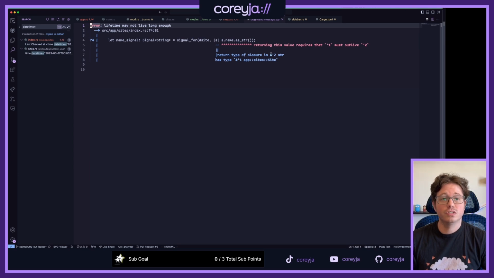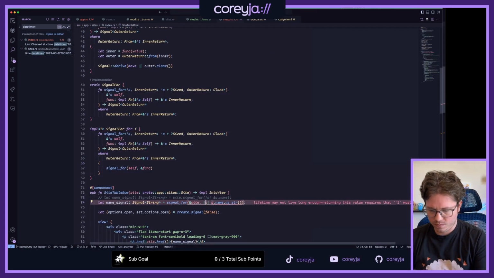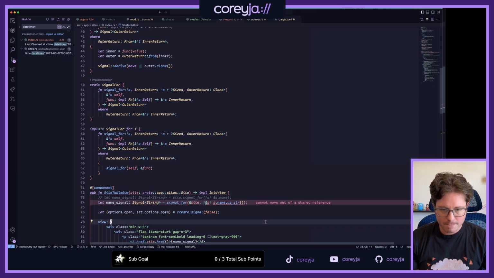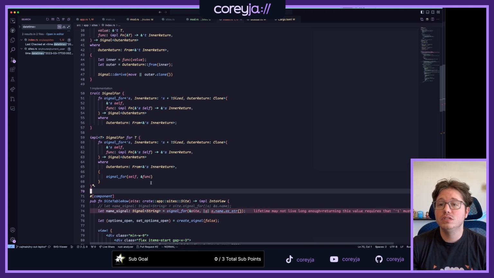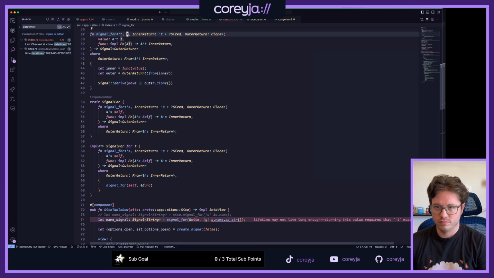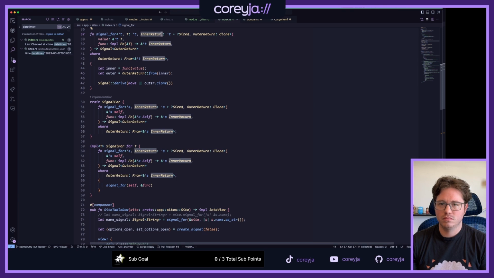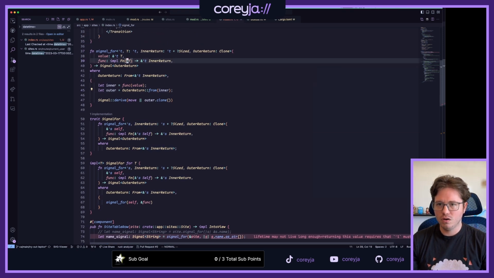Return type of closure is reference of 2, has type reference of 1. Yeah, you can't move out of a shared reference. That makes sense. So I have a reference to a T. Oh.